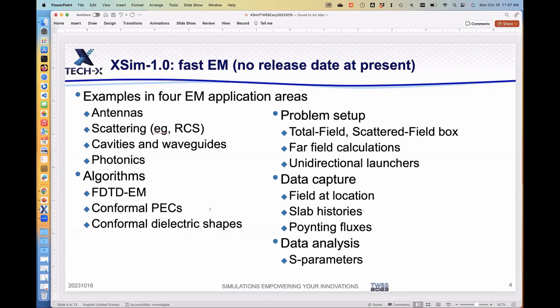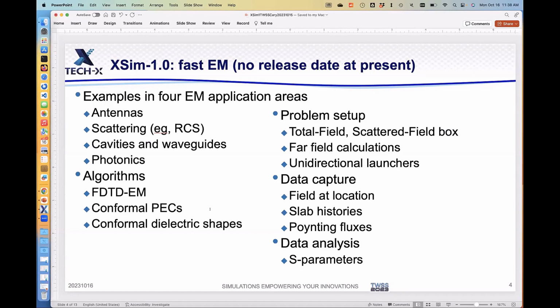In order to get those, it's not enough to have examples and coded up algorithms. You need all of the things that surround those algorithms, and that's what we've been working on. Things that allow you to get problems set up and analysis done. Just to give you an example of some of the things that we now have working,